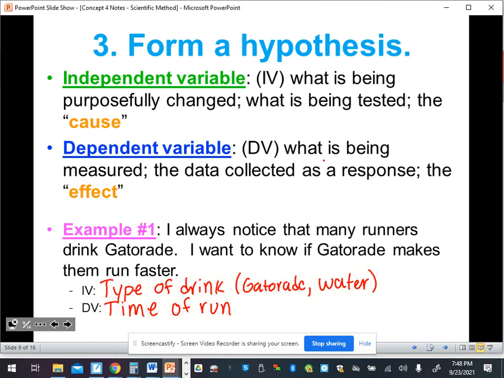Now, under example number 1, I want us to also now think of a hypothesis. All right. So I'll help you come up with this one just because it's the first time we're really doing this. So again, we're using that format: if and because. And so you incorporate your variables, your independent variable for sure, and your dependent variable, in the I predict part. Okay. So I predict,